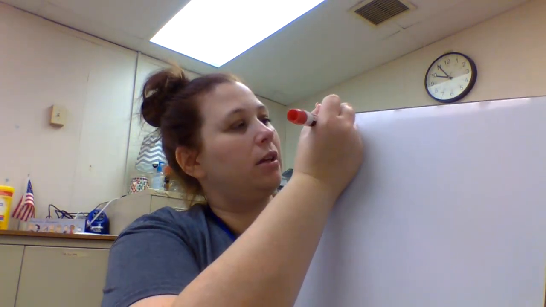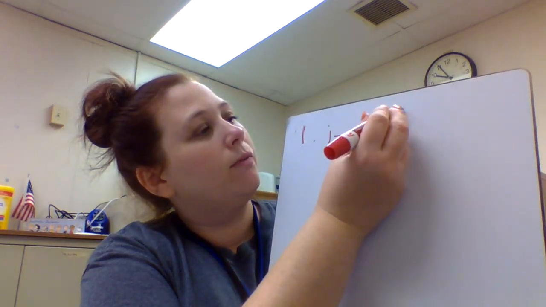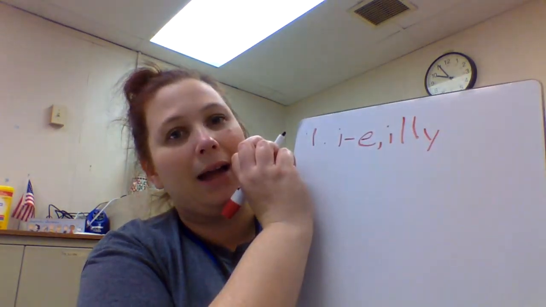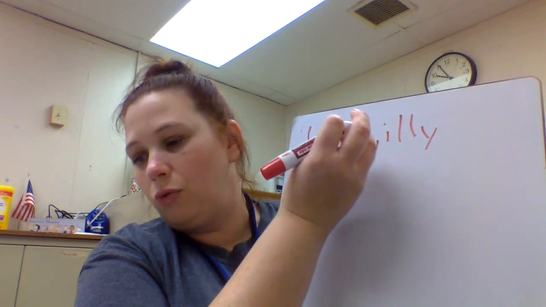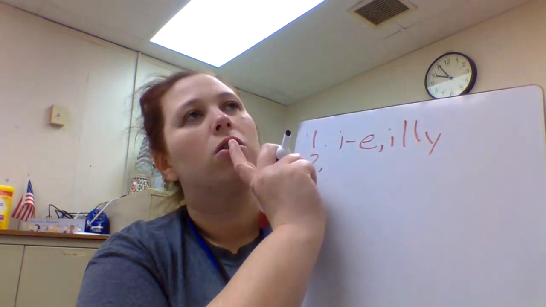All right, go ahead and get your worksheet out. We are going to practice some spelling sounds. On number 1, how can we spell I? We can spell I with I, consonant E, comma, I, or as we just learned, final sound with a Y, right? Number 2, oo, like hook,